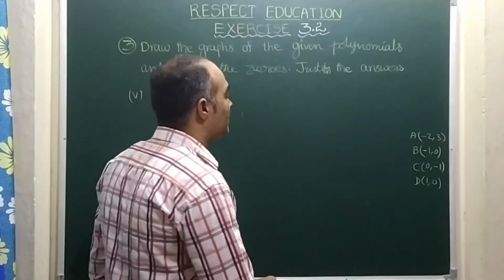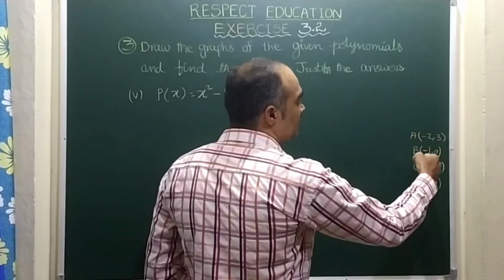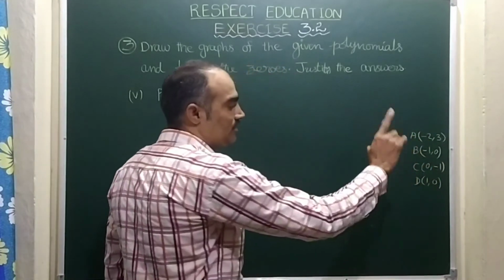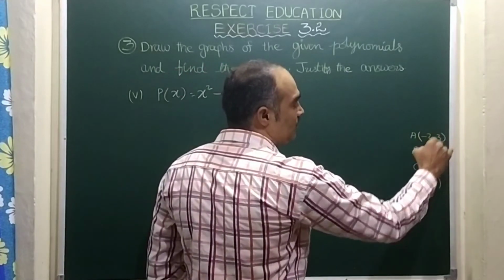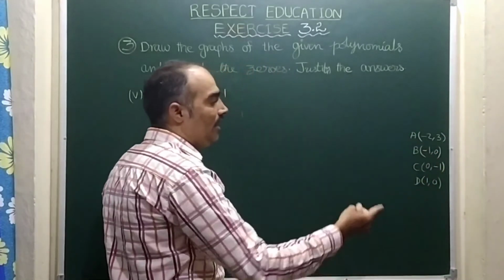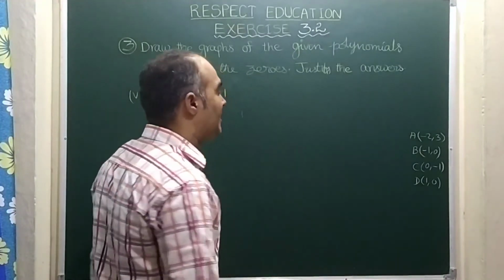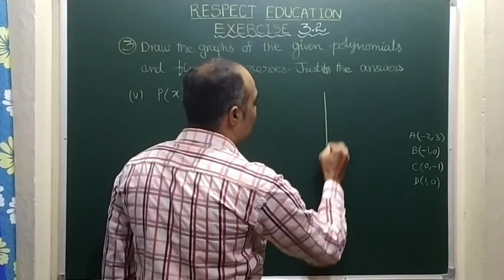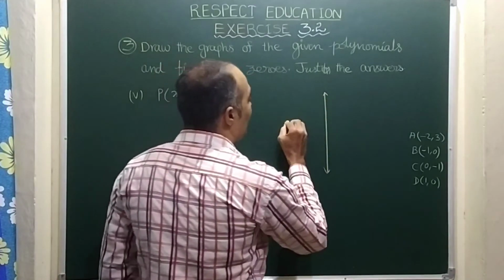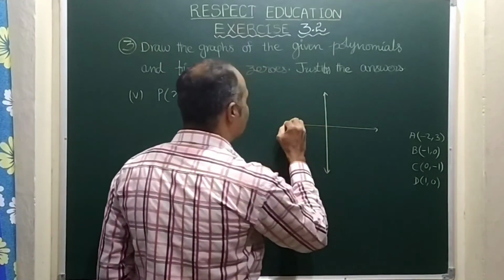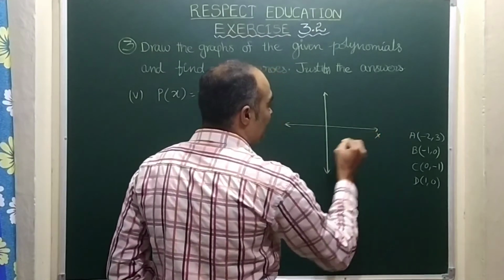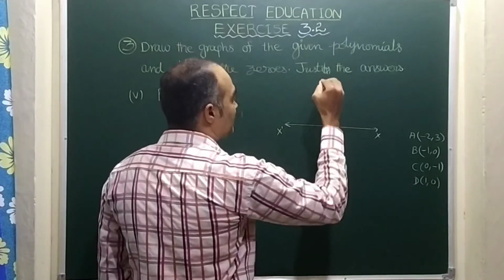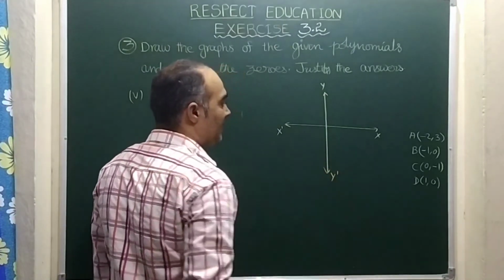Now here let us start the graph. Here you see x values are minus 2, minus 1, 0, 1. So 4 values. Y values: maximum value 3, minimum value is minus 1. So in a normal way we can take x and y, the x axis and y axis. So this is the y axis and this is the x axis. Name it as x, and the negative x axis can be called x dash. This is y and then y dash.